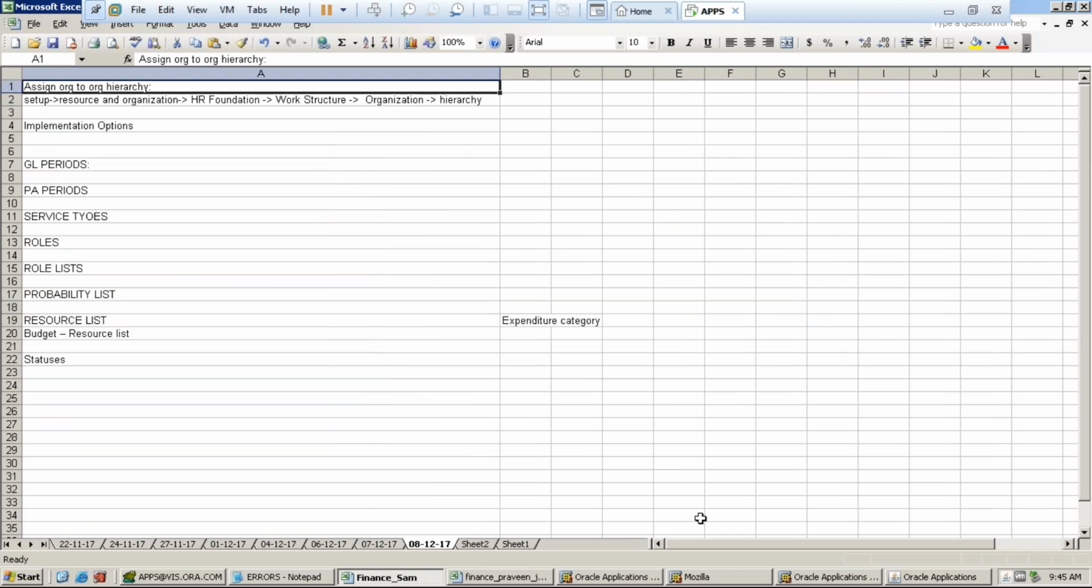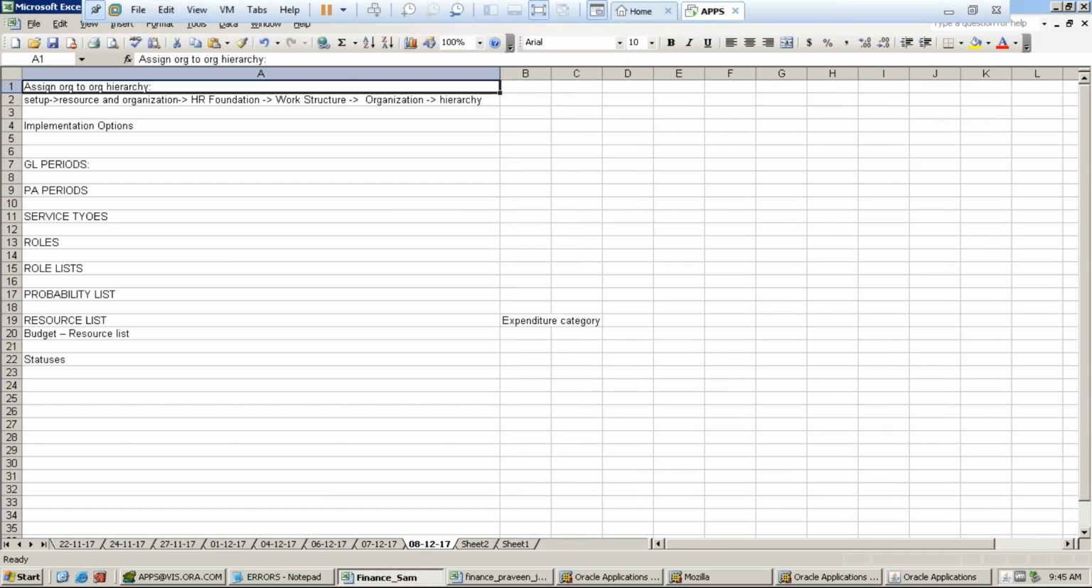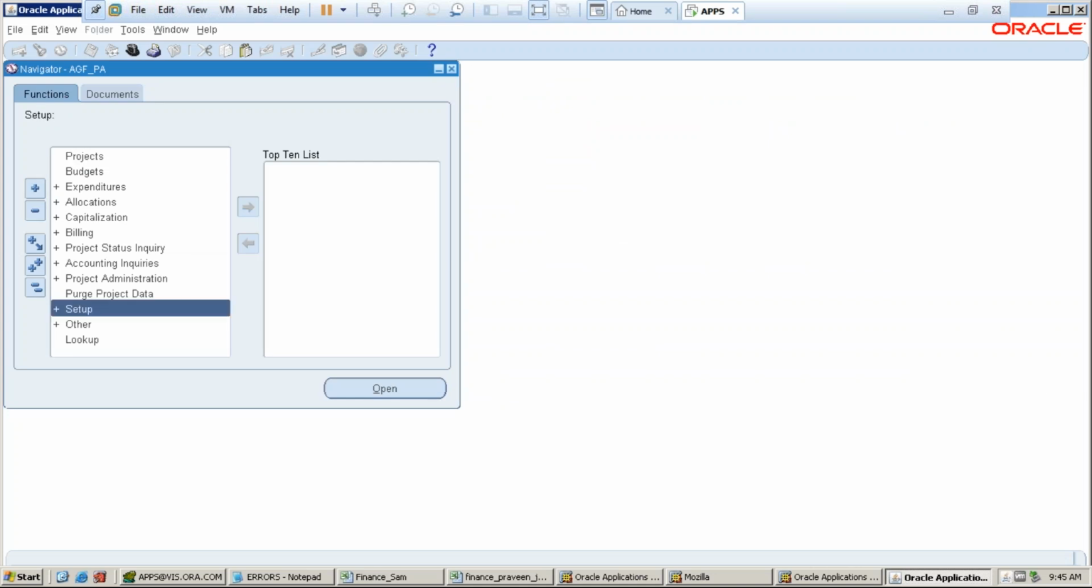So actually yesterday we created the org, which is a project organization. So let us assign the org to the org hierarchy. Let me go to the application. Here the navigation is we need to go to organization and then organize org hierarchy. So here the setup